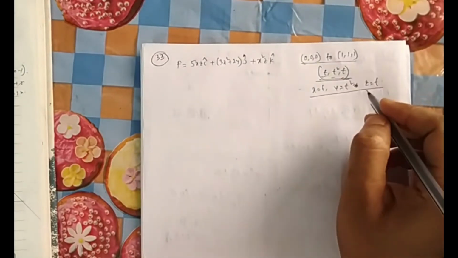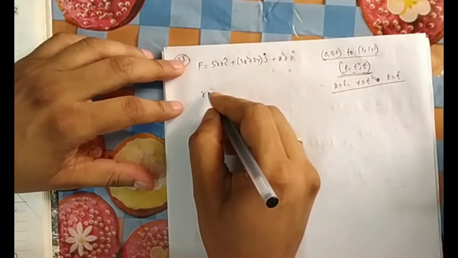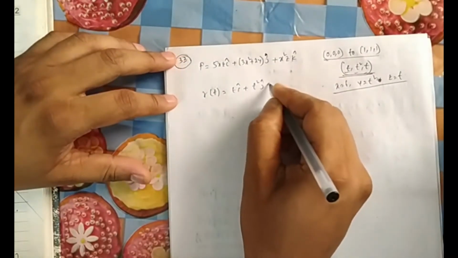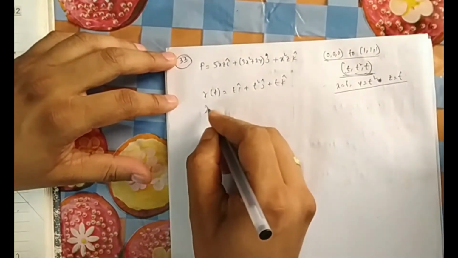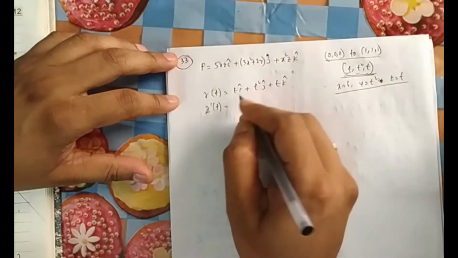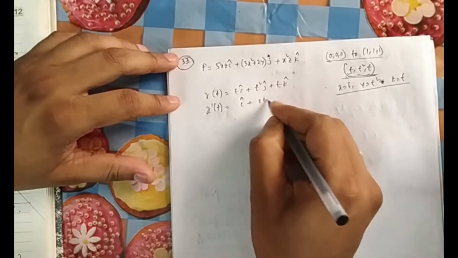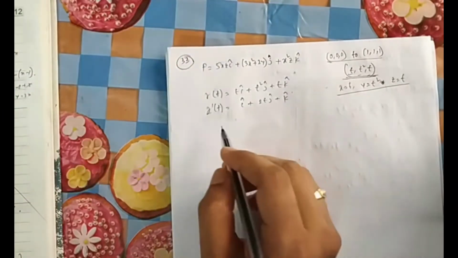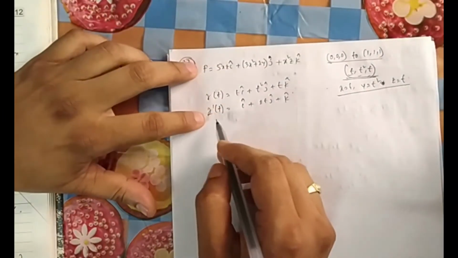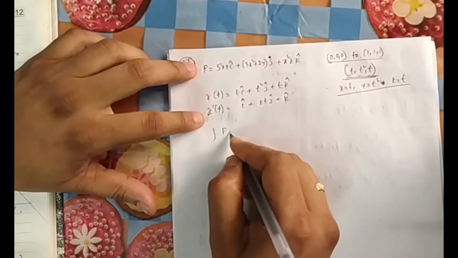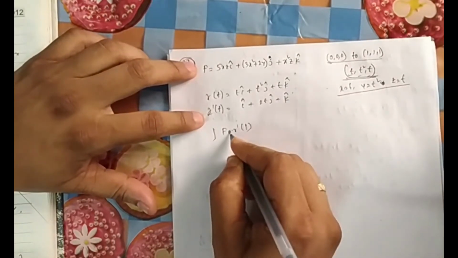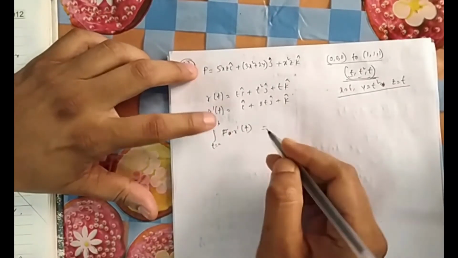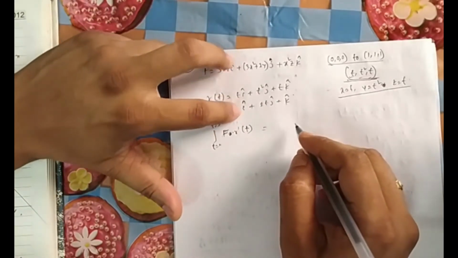So if the parameterization is already done, then what is left is you need to find r(t), then r dash(t). r(t) will be x i cap, y j cap, and z k cap. So you need to find r dash, which means differentiation of this with respect to t. Differentiation of t will be 1. You can directly write r dash by seeing from here, as we have done in our earlier class. For line integral, what we do is always F dot r dash(t), provided this F is in t format and everything is in t. So r dash will be i, j, and k.